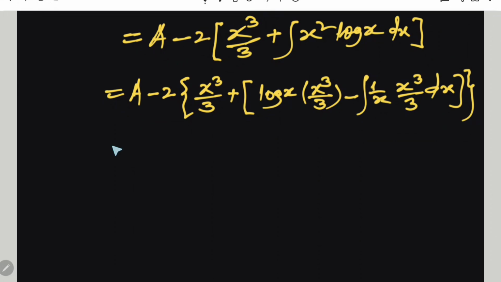Rewriting it once again: A as it is, minus 2 times x cube by 3 also as it is, then plus that x cube by 3 into log x as it is,